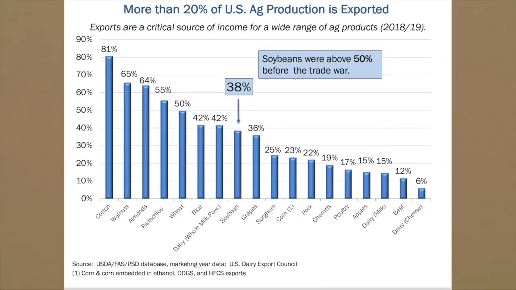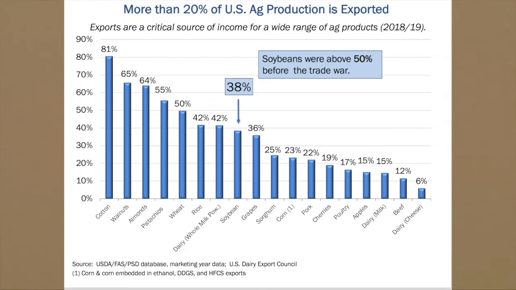Now, one of the things I'd like to always do is just to start off with a very basic question: how important is international trade to U.S. agriculture? If we go to my first slide, you'll see that international trade accounts for a little over 20% of U.S. agricultural production. But that's clearly going to depend on the commodity or the product. Prior to the U.S.-China trade war, about half of all the soybeans we produce went to foreign markets. About 3/4 of all cotton that we produce is shipped to international markets.